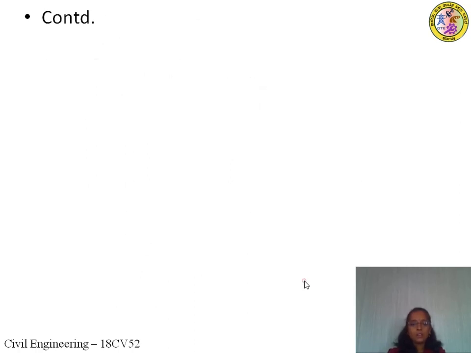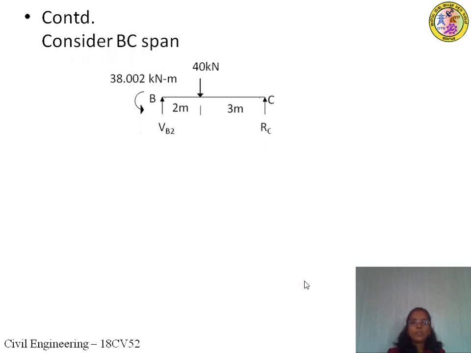So that is the reactions for AB member. Next we will move to member BC. So member BC, so C is a hinge, therefore there is no support moment. We have got reaction at C as RC and a reaction at B as VB2. Okay. So let us apply sigma Fy is equal to 0, which implies VB2 plus RC is equal to 40